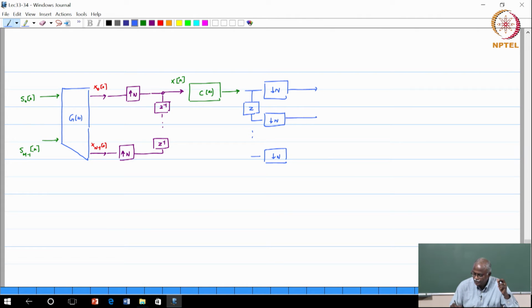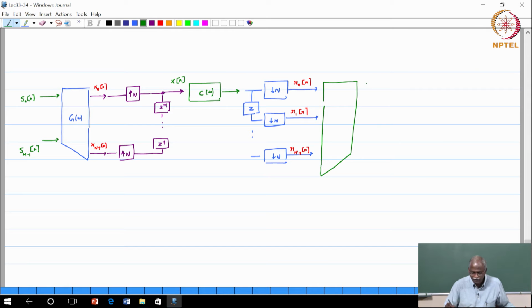We will introduce a label for these, it will help us in our analysis. We will call this R0 of n, R1 of n, R(n minus 1) of n. There are n signals which are then combined by another trapezoid, basically another matrix which is not a square matrix, it is a rectangular matrix, takes n inputs and produces m outputs. So, the outputs